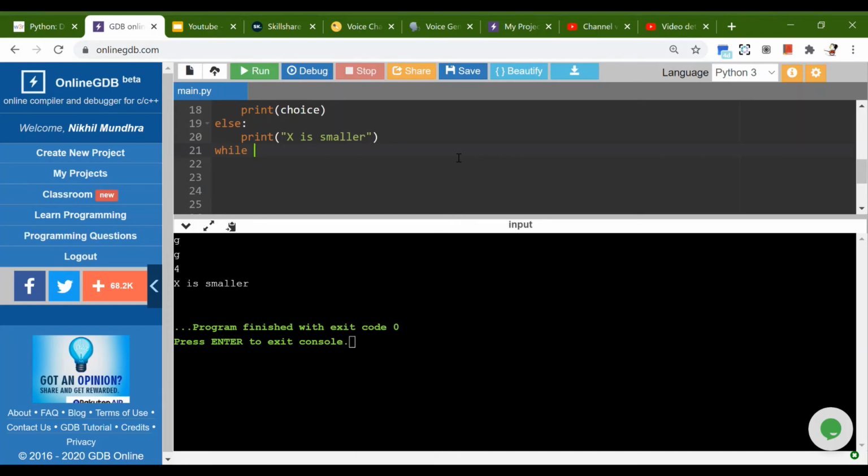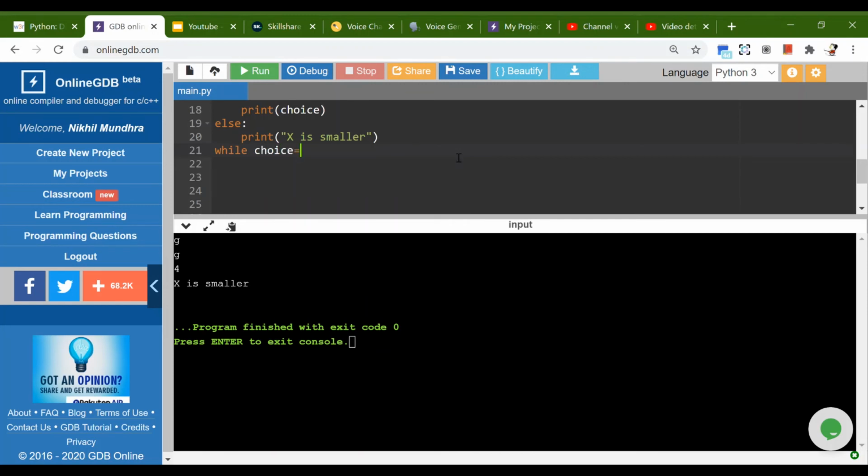So I'm going to put a while loop now. In this while loop, I'm going to show you how it is better than for loop. In while loops, you can actually compare different values. Like, you can compare strings, you can compare booleans, which is not allowed in for loops. So right now I'm going to declare a boolean.